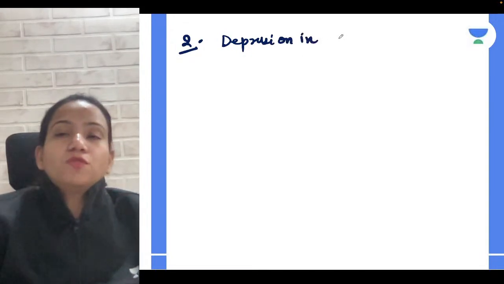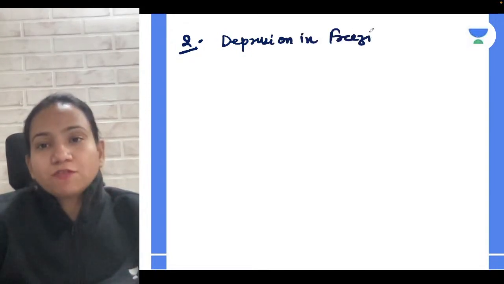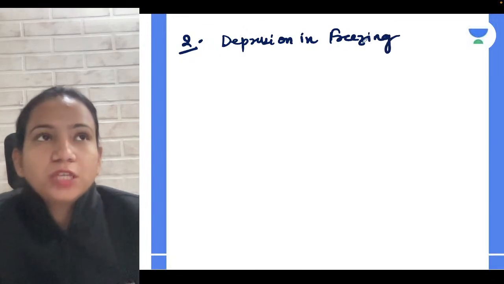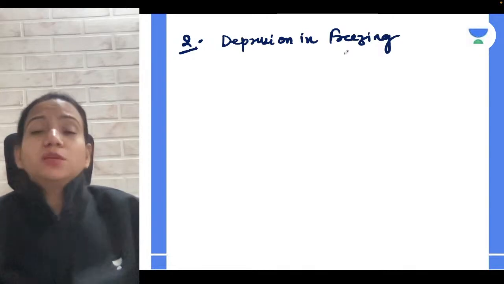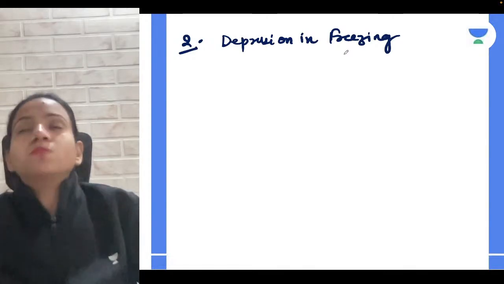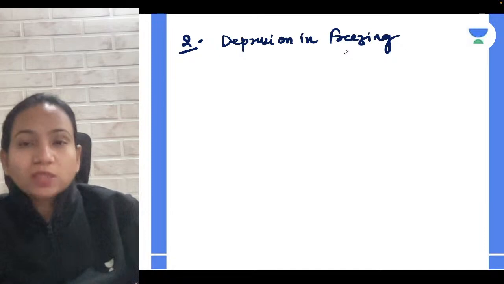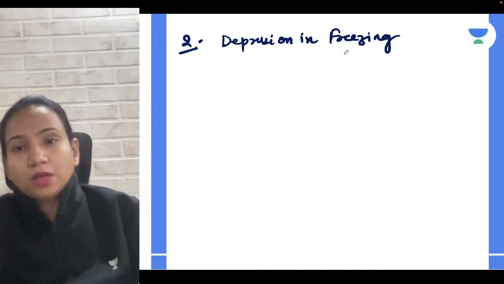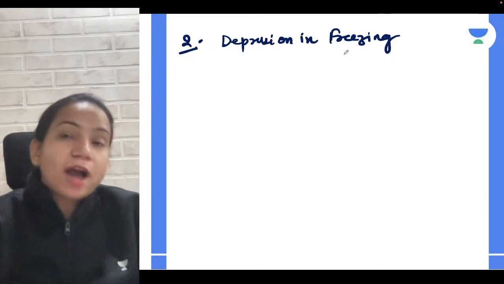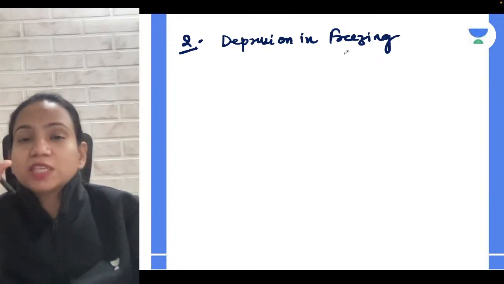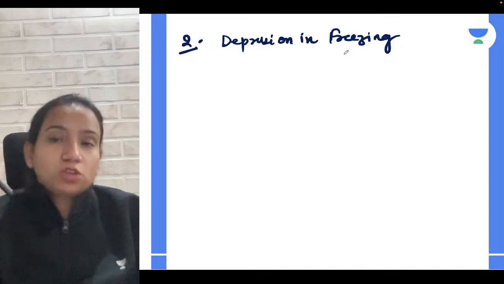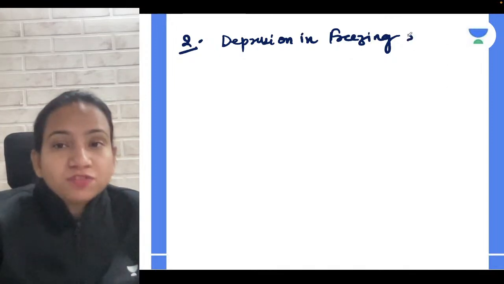So in relative lowering of vapor pressure, what we have done is we have tried to find out the mole fraction of solute. From that we can get the molar mass of solute. From all the colligative properties, one thing common which you can find out, and that's why colligative properties are also used to calculate this particular quantity, is the molecular mass of solute. So depression in freezing point,